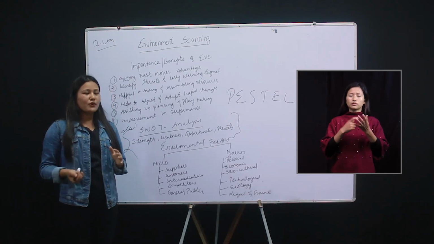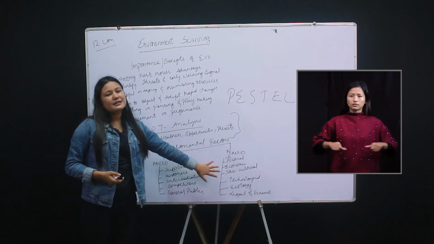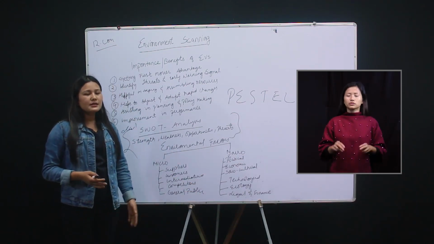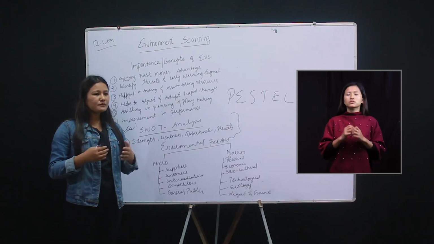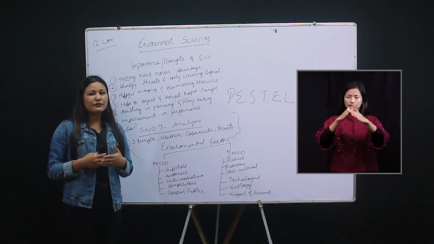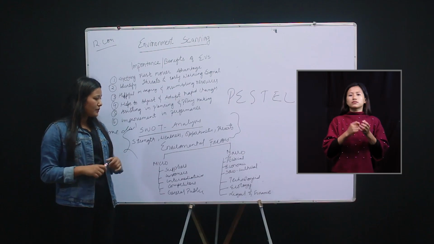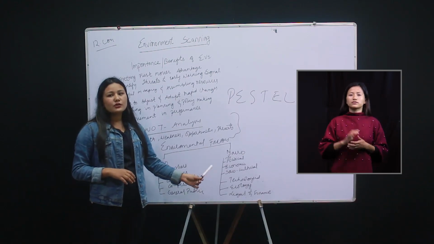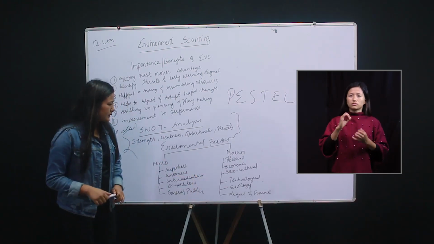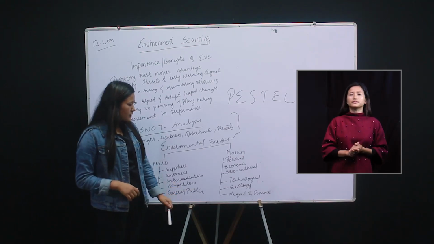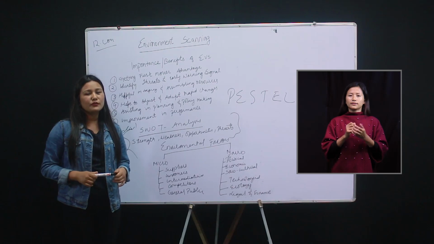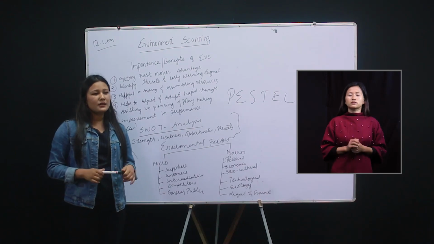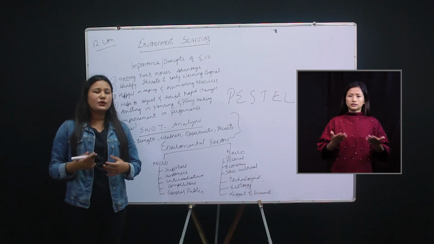So it is very important that we consider these socio-cultural factors, because we live in a society and an enterprise is set up in a society, and the survival of an entrepreneur and the enterprise depends on the socio-cultural factors. The next is technological factors. Technological factors means use of new technologies, new methods of production and new equipment.